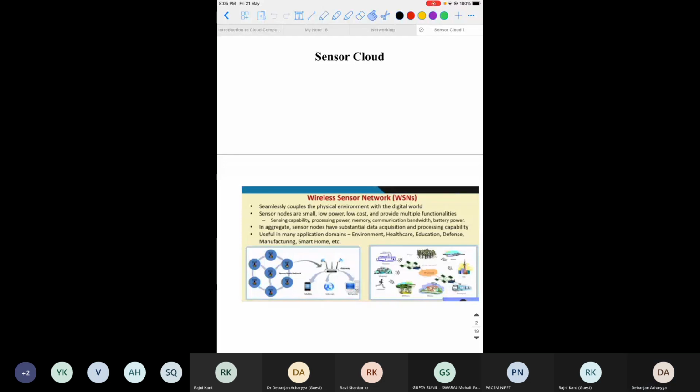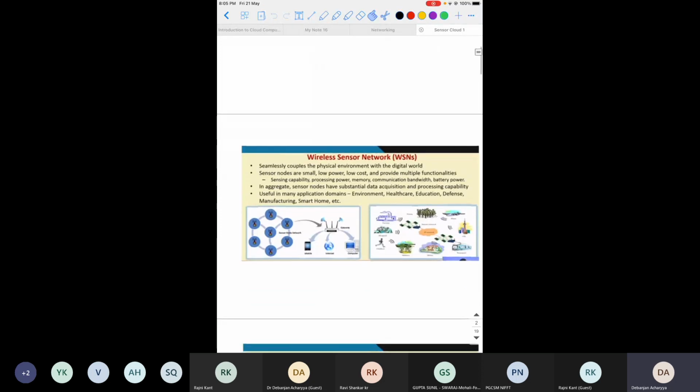We are more or less aware that our present sensor monitoring or sensor management system is based on the wireless sensor network, and I believe it is known to you. It seamlessly couples the physical environment with the digital one. That is the basic principle of the wireless sensor network.